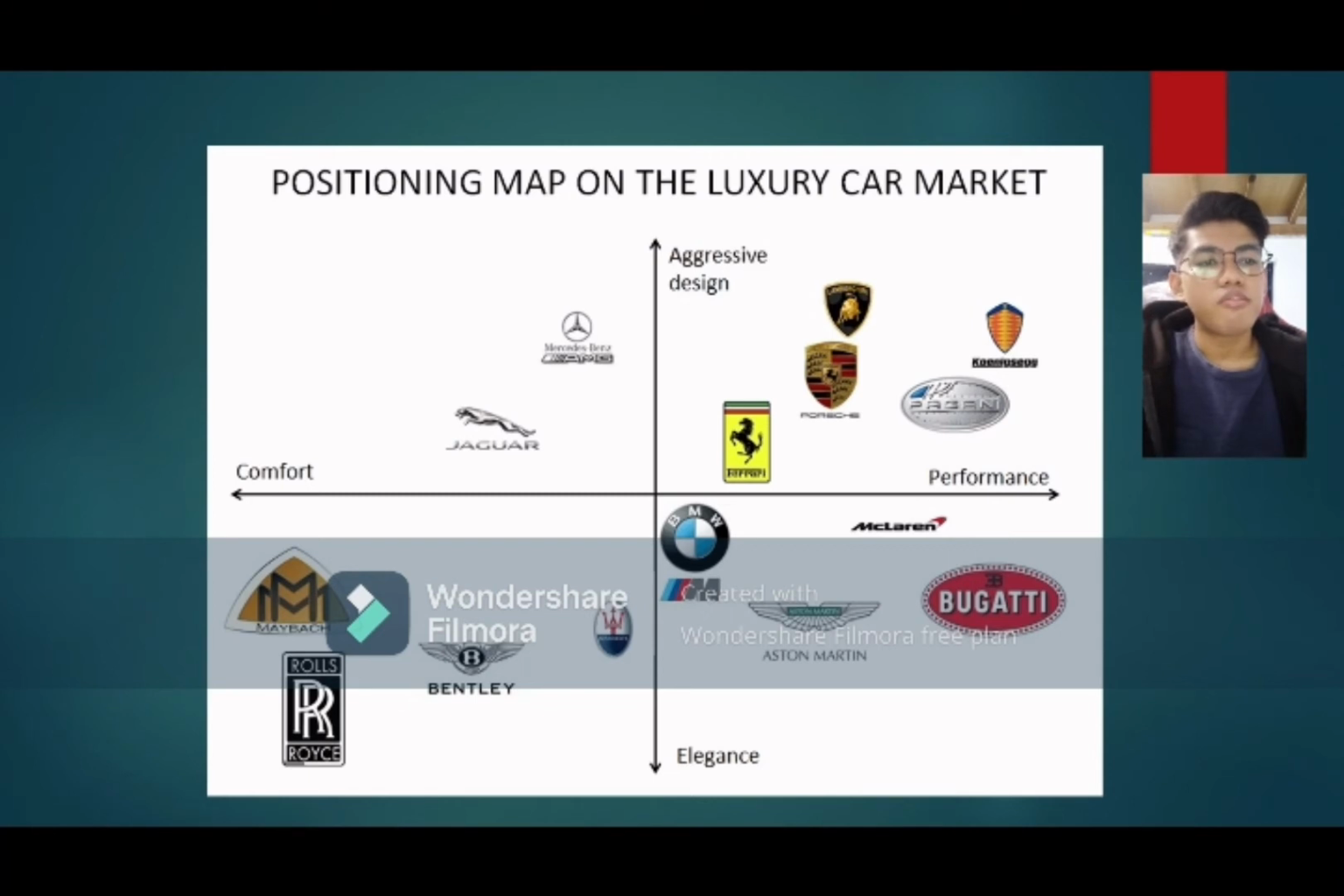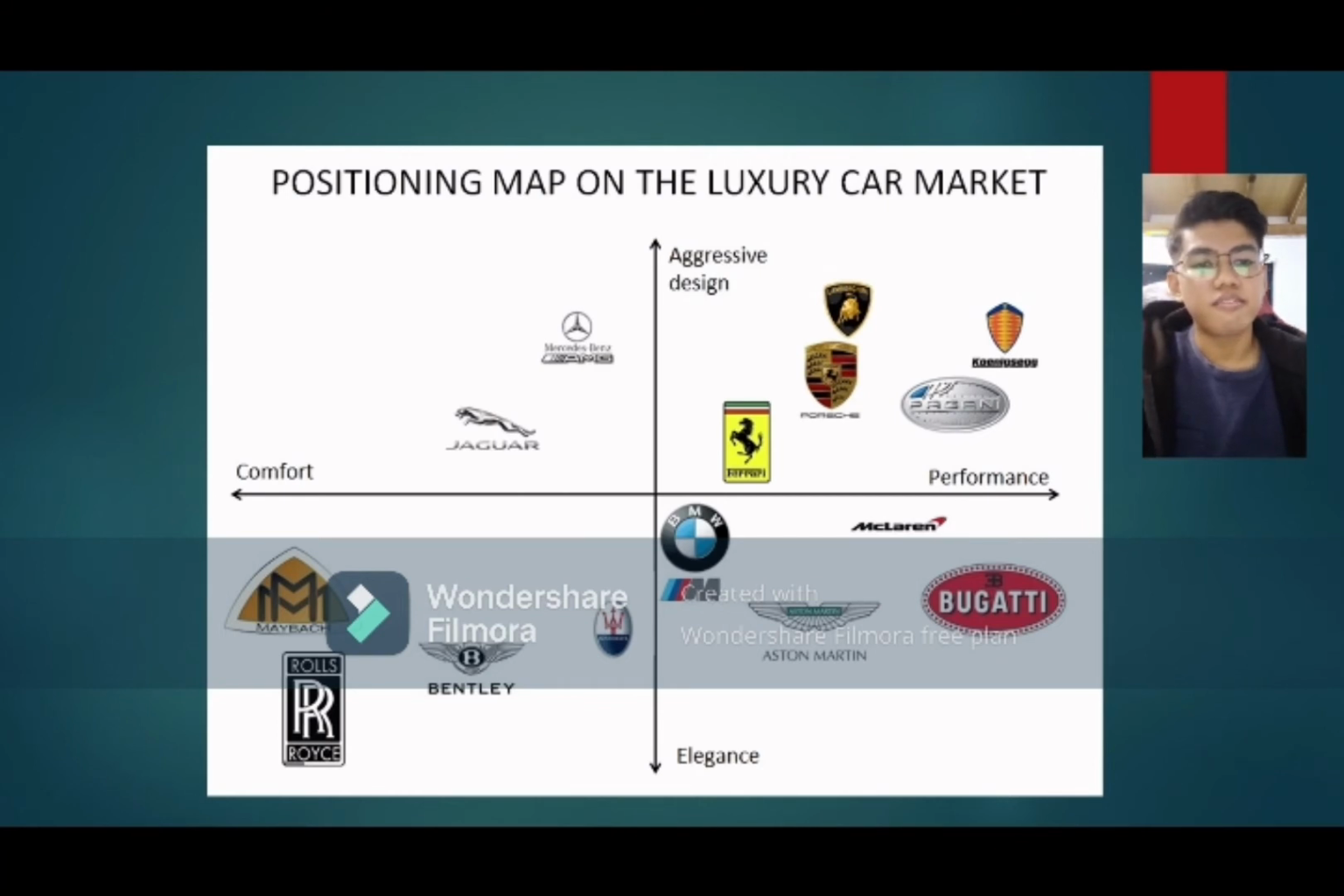For car brands like Ferrari, Porsche, Lamborghini, Pagani, and Koenigsegg, these car brands focus on performance, which is also closely related to aggressive design, which is this part at the top right. And for the significant comparison, Rolls-Royce is a car brand that cares about comfort and